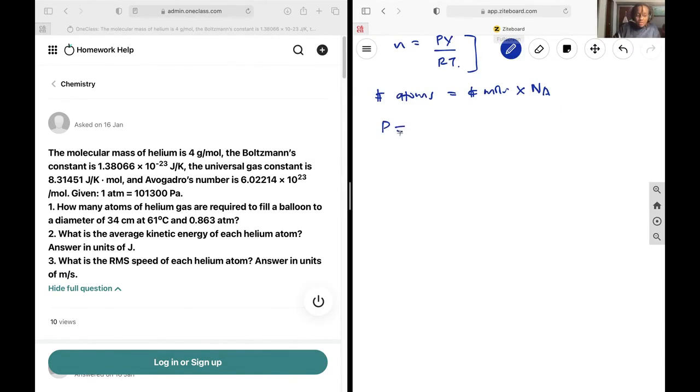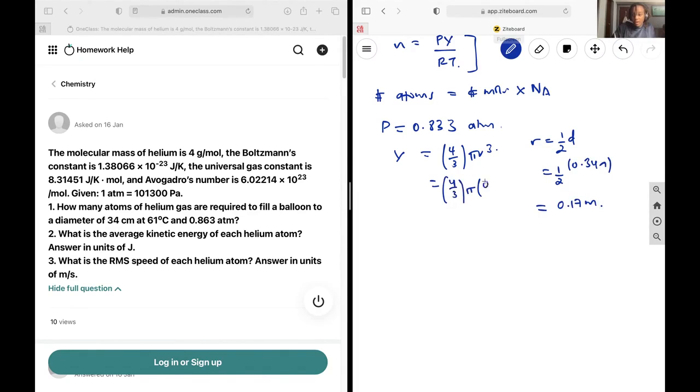And so we're given that the pressure is equal to 0.863 atmospheres. We are not given the volume, and so we need to go about finding that. If we assume that the balloon is a sphere, then its volume will be 4 over 3 pi r cubed. Let's choose r in meters. And so r is equal to half of the diameter. So it's going to be half of 34 centimeters, which is 0.34 meters, and so you get 0.17 meters. And so for our volume, we'll have 4 over 3 pi by 0.17 cubed. And this will give us a volume of